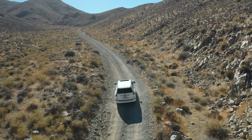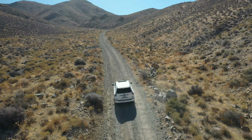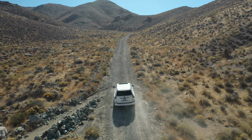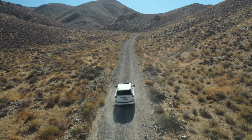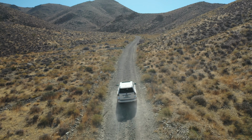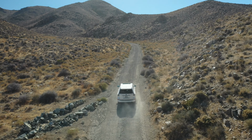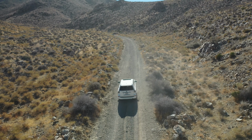In addition, you will see as we get further along here, further up the mountain, you'll get a taste of what it's like to experience a shelf road. That is a road with a drop-off to one side or the other, or both. And you'll also get a taste of switchbacks, which is essentially a tight hairpin turn. So I think these 3 or 4 points or features, shall we say, are really good for beginners,